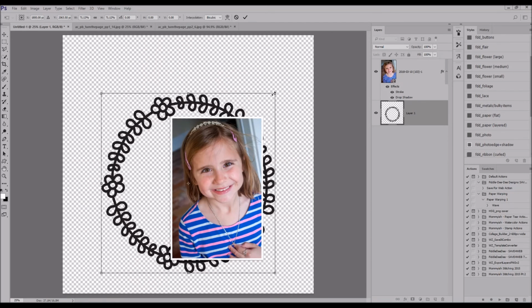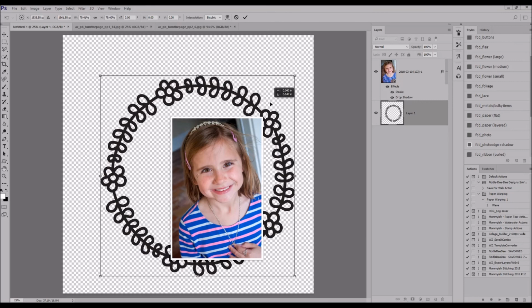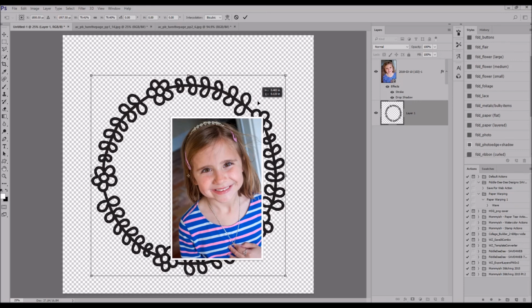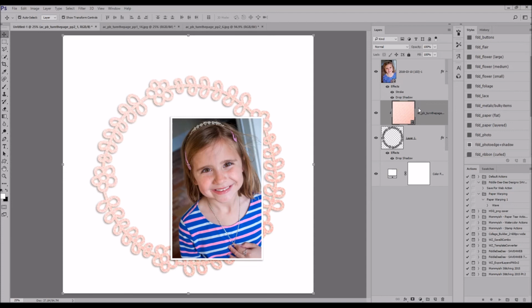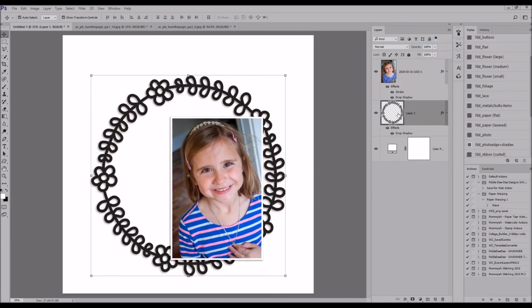And as you can see right now, I'm just reducing the size of the cut file a little bit and kind of moving it around. I'm going to be combining this cut file with Paige's Turn the Page collection, and it is the digital version of her collection. So right now what I've done is I have placed a white background in the back,